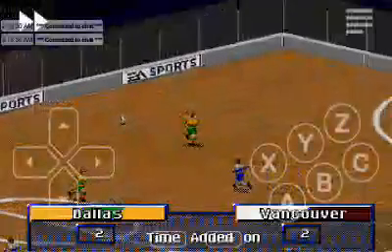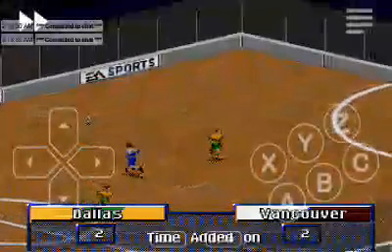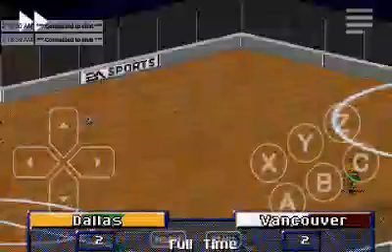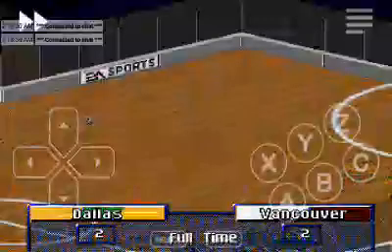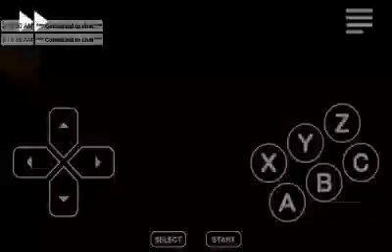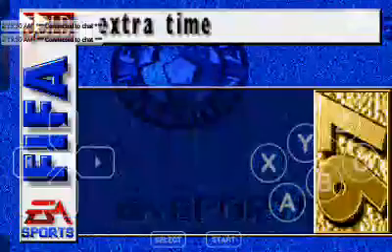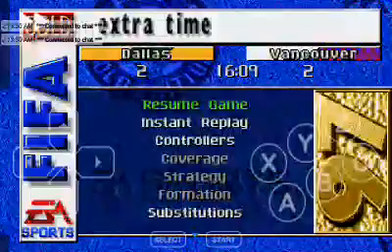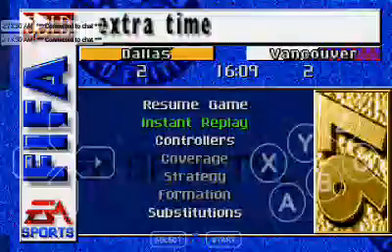And as we were mentioning, the occasions were very tense. Time has just been completed and the score for the game ends on Dallas 2, Vancouver 2. Both teams have given the best of them, and I don't think any of them will be feeling bad with the result that was accomplished.